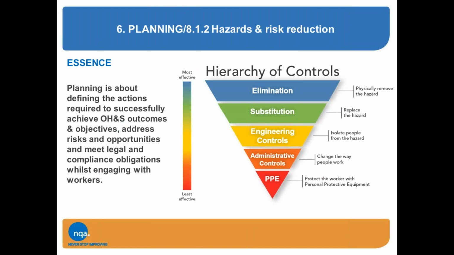When we're looking at hazards and risk reduction under the planning sections and the operational controls, the hierarchy of controls is brought forward again, and that looks at the most effective method being the elimination of the hazard and the risk, down to substitution, engineering controls, administrative controls, and PPE being the least effective method of control. So when you're looking at changing controls, that's really the structure that you need to be applying. Look at elimination being the primary control that's the most effective.